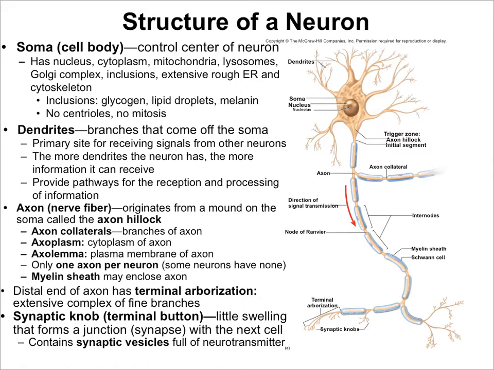And you can have some collaterals branch off early on. Often what these collaterals will do is they may actually reach back and suppress this neuron so that you get